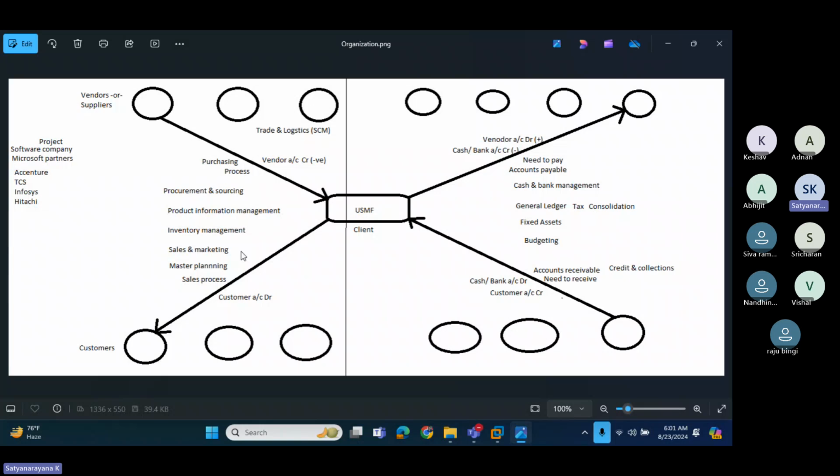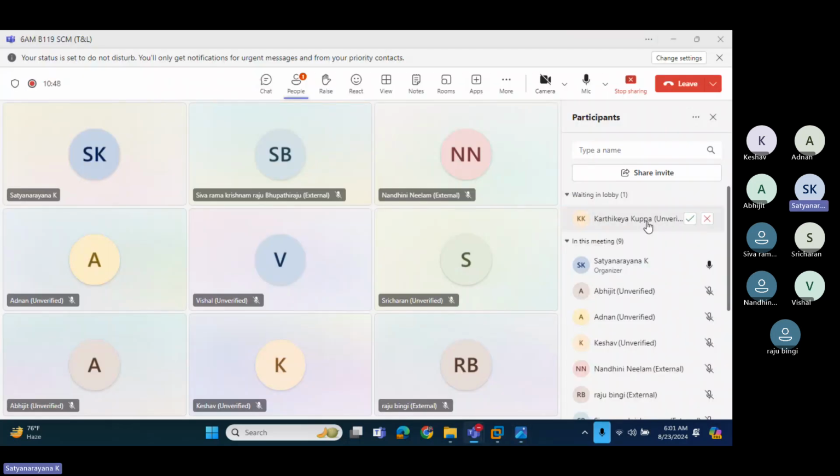Then you are going to work for a project. That project is called the client. For these companies, this is called the client. For you, it is a project. Once you join this project,